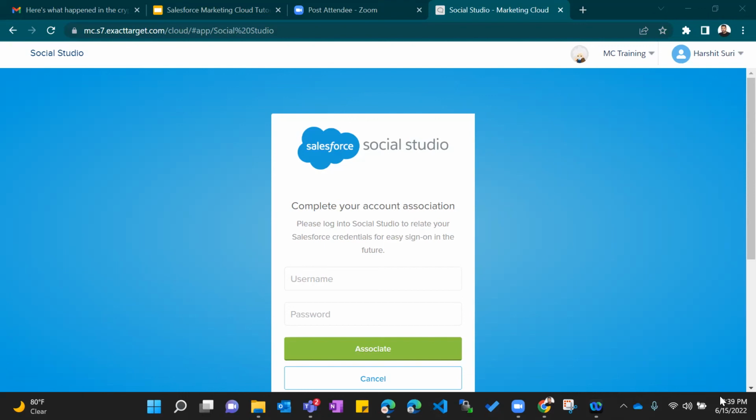Don't worry, guys. It's an easy platform. If you are thinking of making a career in Marketing Cloud, that is a good decision you took. And don't worry about whether you have to code or not. If you are able to get a nice amount of money, why won't you code? If you are able to learn and work hard and get a nice amount of money by doing such things, why don't you code?